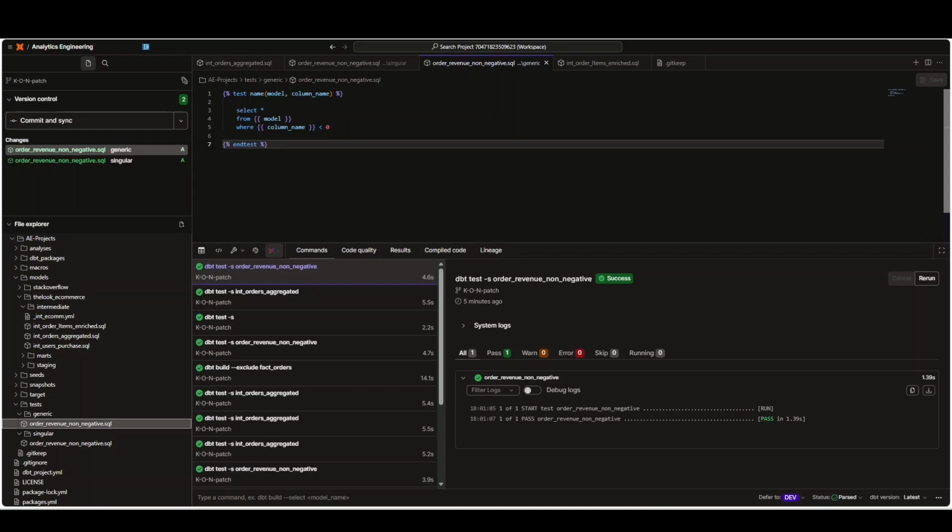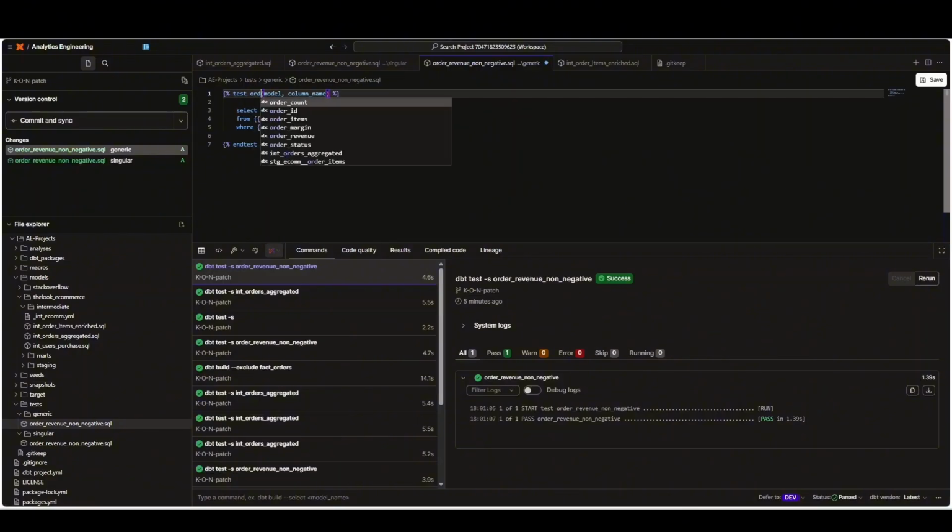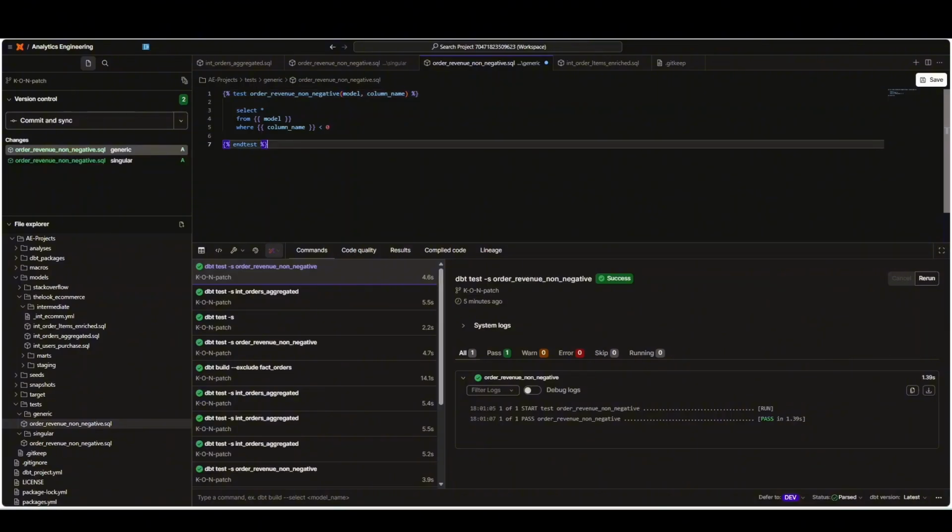Well, something that we did not do, very important, is the name. So if you say the name of the test, it's actually very crucial. So we have to change this to other_revenue_non_negative. If you don't change the name, you would have gotten an error. So save,